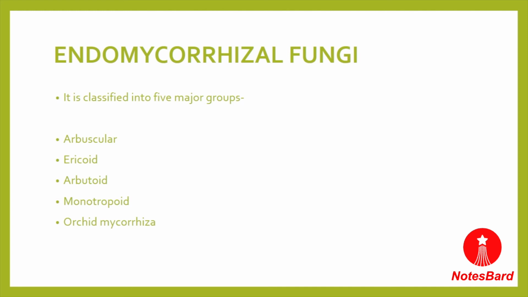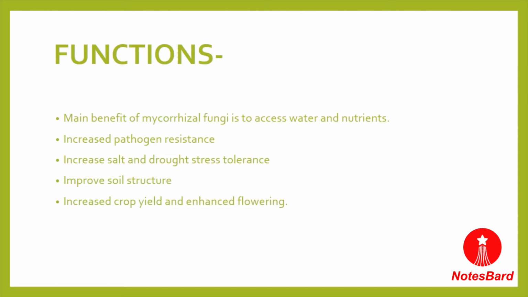mycorrhiza. The last type of the mycorrhiza is orchid mycorrhiza. It is found in several types of orchids, and that's why it is named orchid mycorrhiza. And in this condition, the mycorrhizal fungus can form an association with the seedlings once the seed coat has ruptured from the water absorption and the root hairs emerge. So these are the types of endomycorrhizal fungi, and these are the different classifications of endomycorrhiza in different plant species.